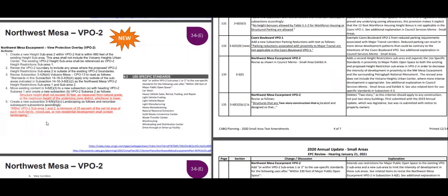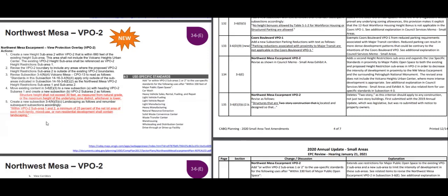It shall not include the Volcano Heights Urban Center. The existing VPO2 height sub-area shall be referenced as VPO2 height restriction sub-area 1. The VPO2 boundary would be revised to include any areas where the proposed VPO2 height restriction sub-area is outside the existing VPO2 boundaries. There are changes to revise subsection 3, 4, and 4, Volcano Mesa CPO 13 to read as